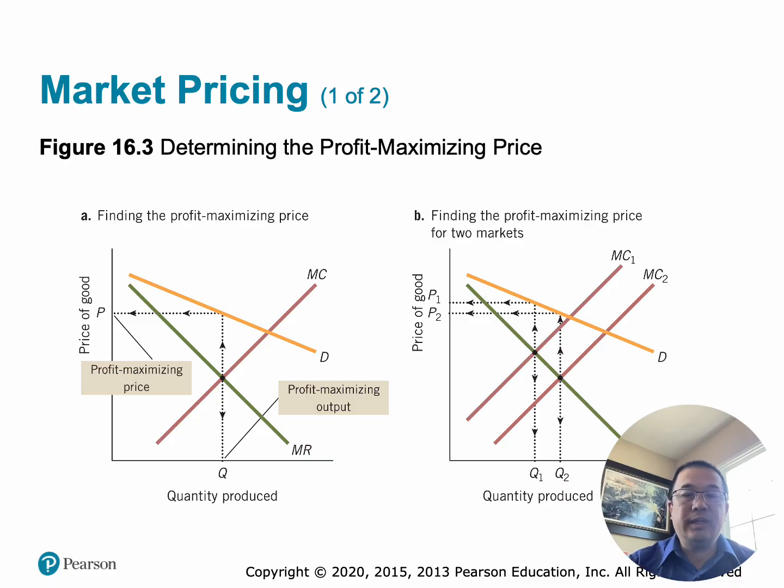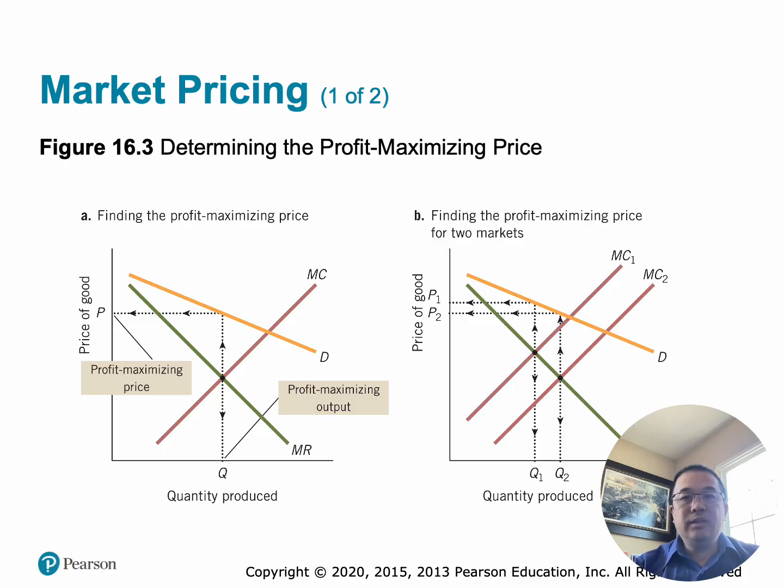Part A, one market. This is shown on the left graph. The company sells in only one market. The intersection of the MR curve and MC curve determines quantity produced. This is the profit maximizing output. So suppose Apple is selling only in the United States. MC equals the cost of producing another iPhone. MR equals the revenue from selling another iPhone. Apple chooses production where MR equals MC, then uses the demand curve to determine the selling price.